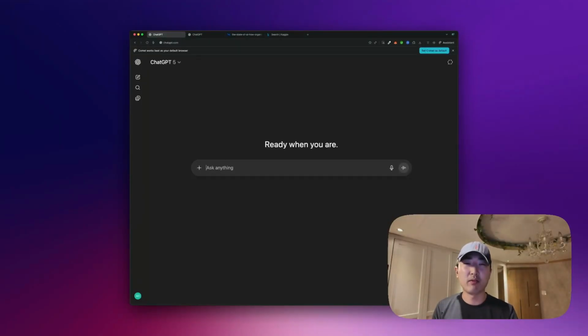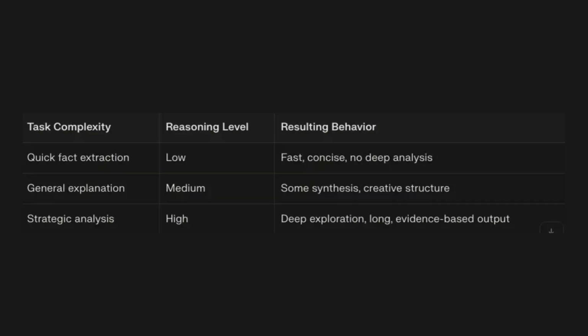And so what GPT-5 is really smart at doing compared to previous models is they'll match the model's depth of thinking in regards to the complexity of the task. So you want to give high reasoning effort for very complex analysis, for more deep exploration. And then you want to give medium depth for general tasks or things that are a little bit more creative. And then you want to give minimal or low effort for quick outputs, something that you want as fast and